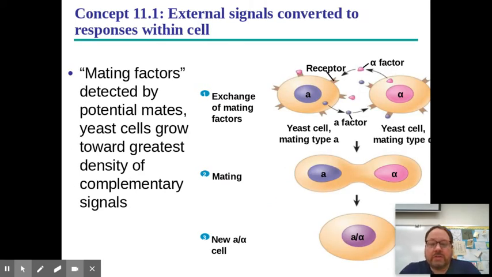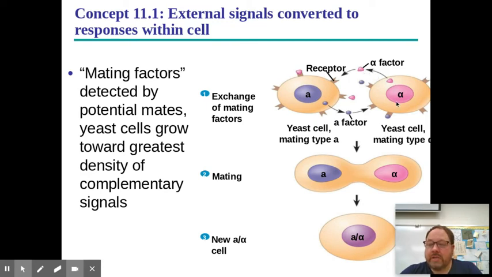Okay, here is an interesting example of cellular communication between organisms. This is actually related to a lab that you guys are going to do related to yeast mating. With Saccharomyces cerevisiae, brewer's yeast, we use it for making bread and beer. There are two different strains or types of yeast that may be produced. One type of strain is called A-type yeast, and the other is an alpha-type yeast. These yeast cells produce molecules that are called mating factors.